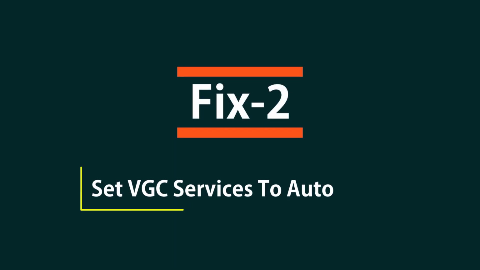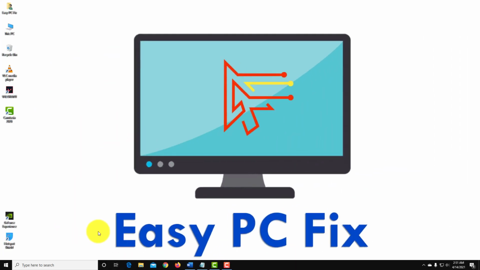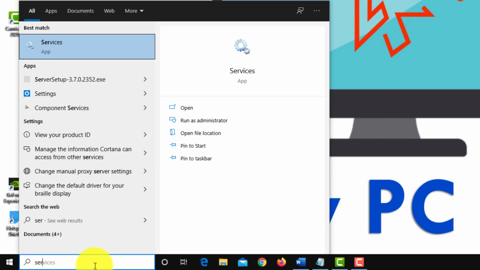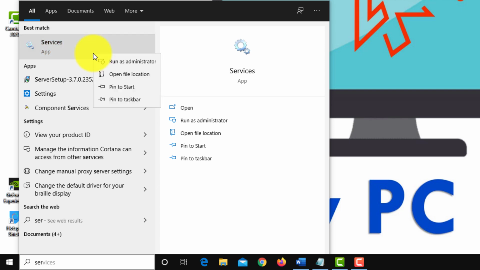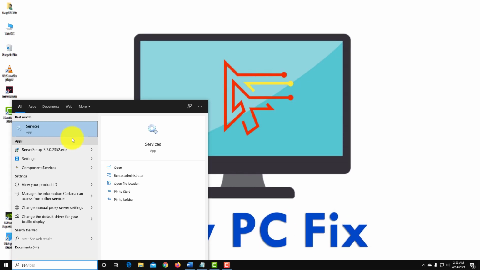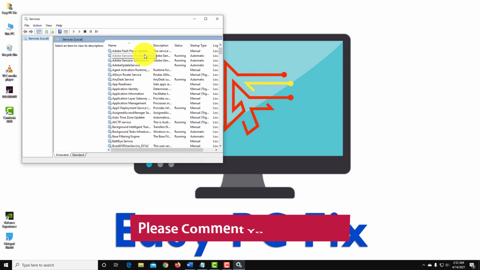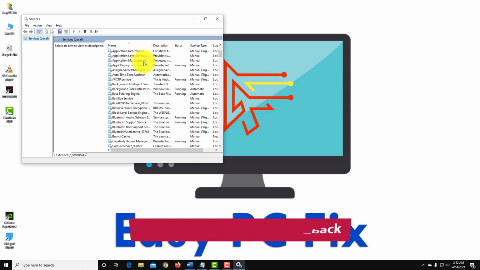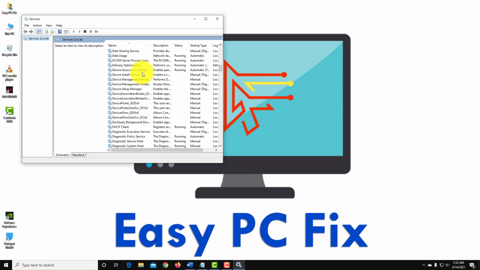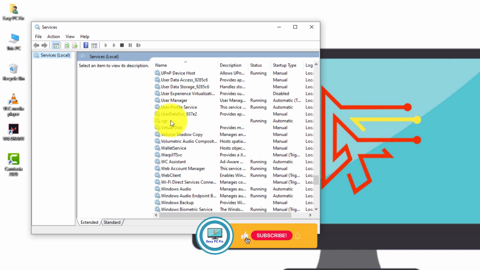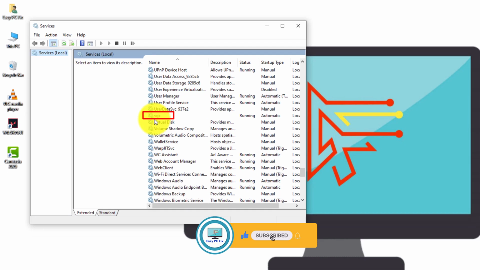Now move to Fix 2. Set VGC service to automatic. Type services in the search box. Right click on it and select Run as administrator. As you can see, the Services window has been opened. Now we need to find VGC. Here you can see VGC.